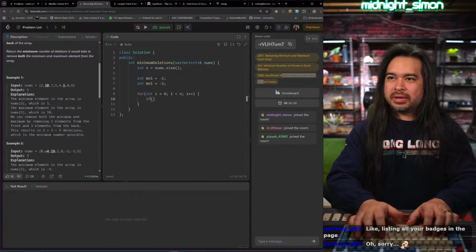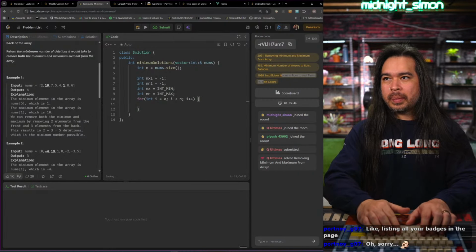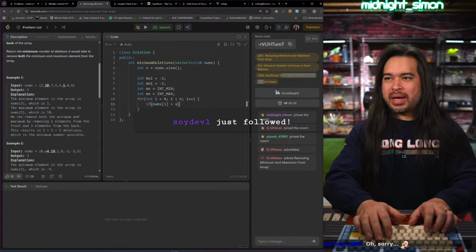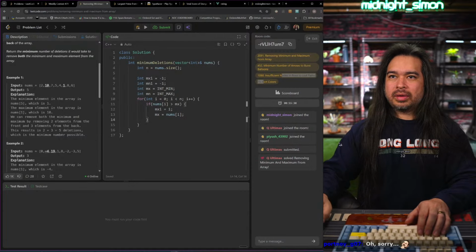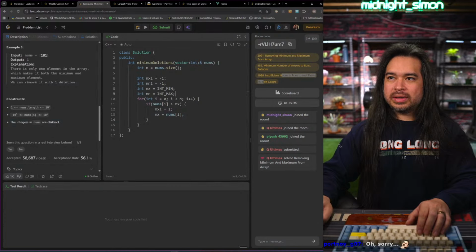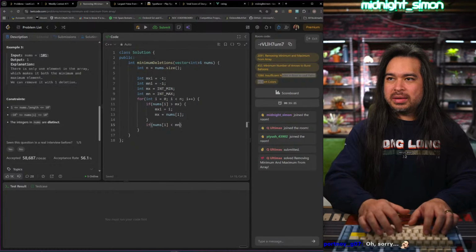So if this is greater than the max, then... are they all distinct numbers? Yes, they are distinct. And if this is less than the min,